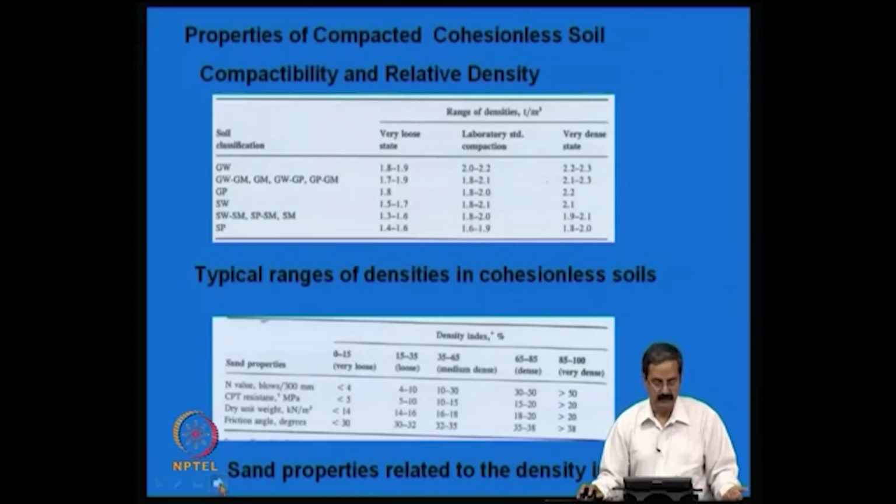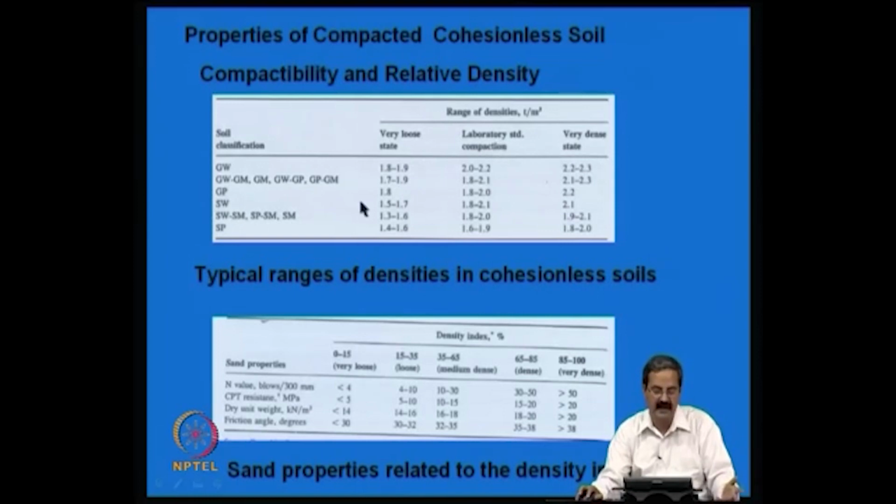Then the thing is that one should be able to have a rough idea of the type of soils that one can have and the relative densities. Say for example, well graded gravel in loose state will have densities of 1.8, 1.9, and very dense 1.2 to 2.3, whereas poorly graded sand is like 1.4 to 1.6, it could be 1.8 to 2. So, one should have an idea of that too. It depends on the laboratory compaction,